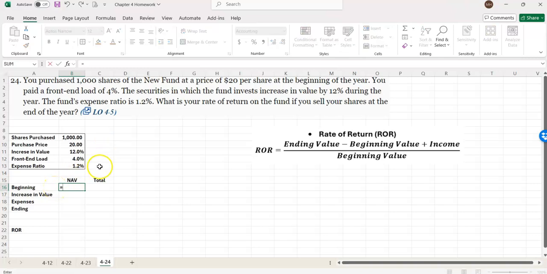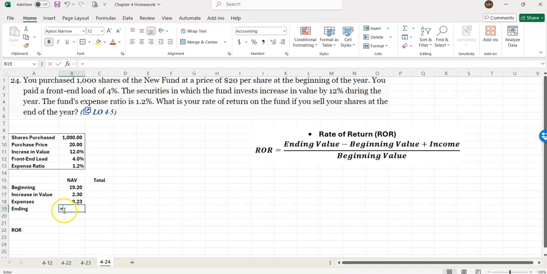So the net asset value is going to be the purchase price times 1 minus the load. So 1 minus the 4% load. So that's 1920. So the increase in value is the 1920, or the net asset value, times the 12%. And then the expenses are also based on the 1920, the beginning value. So times the 1.2%. So my ending value is